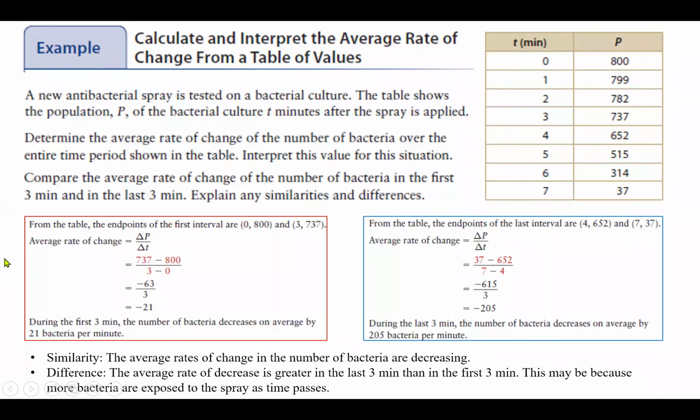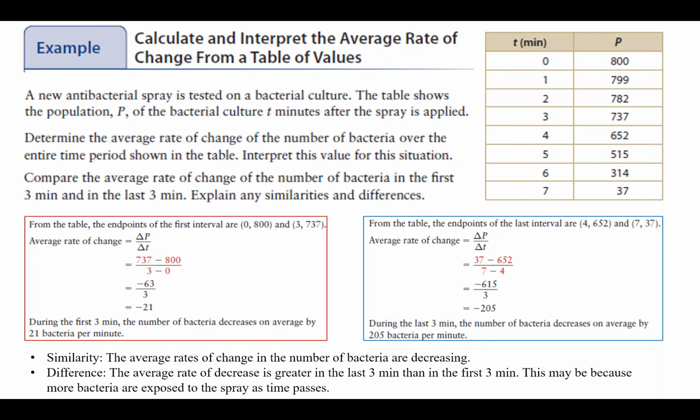From the table, the endpoints of the first interval are (0, 800) and (3, 737). Therefore, according to the definition of average rate of change, the average rate of change between these 2 points is delta p over delta t, which is (737 minus 800) over (3 minus 0), right? Which is negative 21. Therefore, we say during the first 3 minutes, the number of bacteria decreases on average by